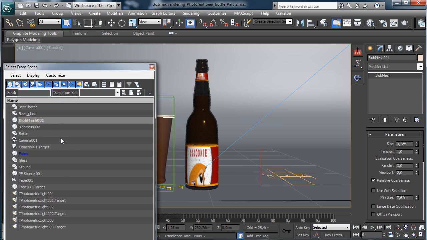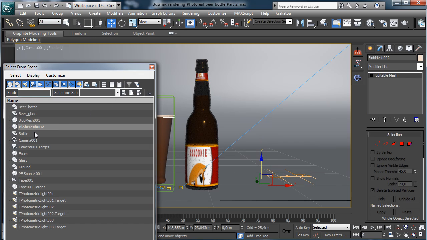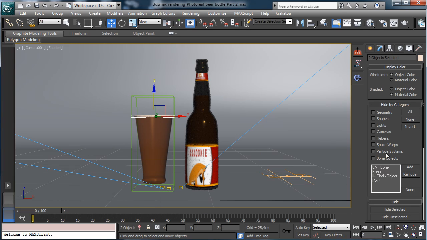And now you can pick, for example, the blob mesh number 2, and you see that we are talking about an editable mesh. So we can go to pick the blob mesh 1 and the foam, and we can hide it. So if you need it, you can play in another way. We can call this one foam,